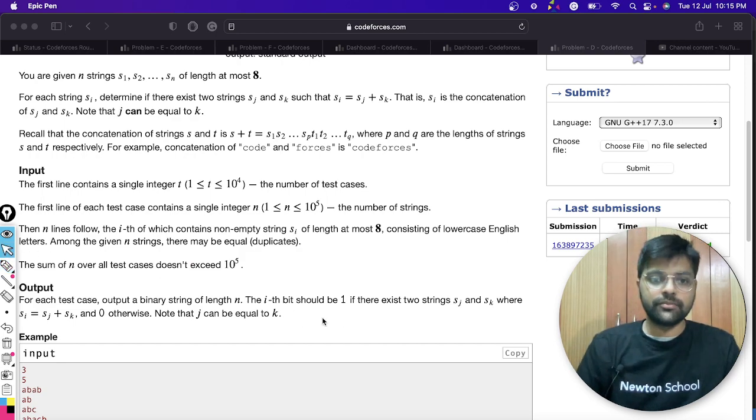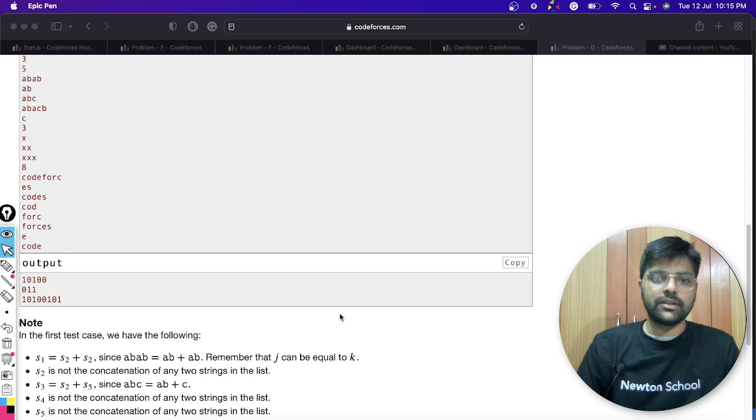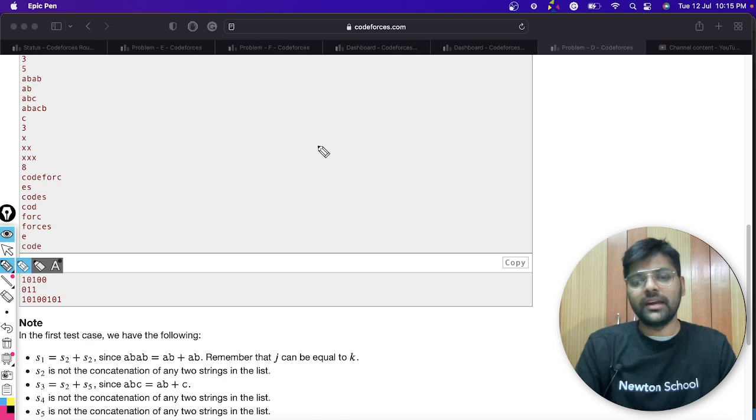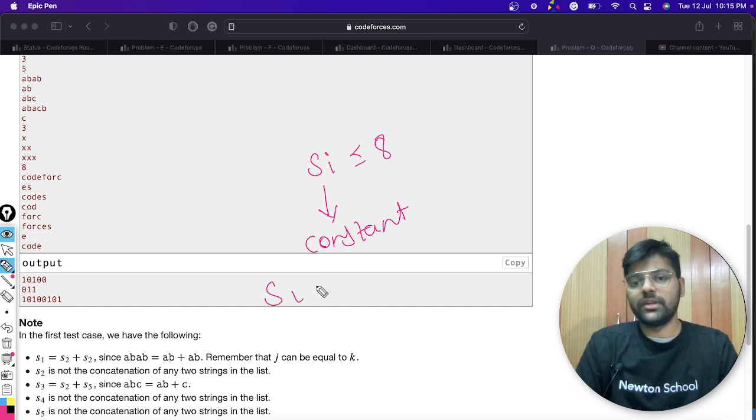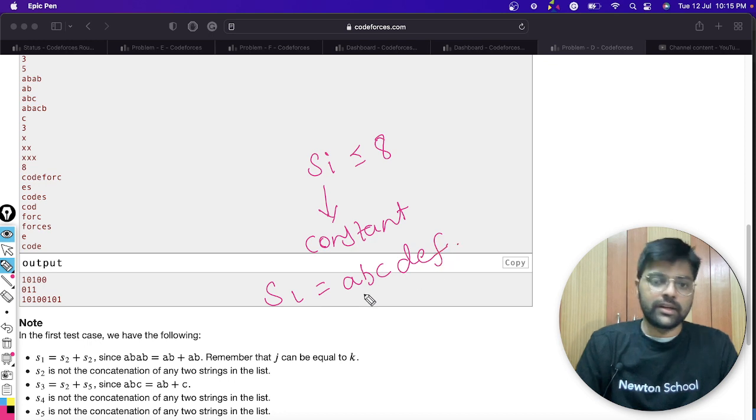Let me discuss a few other things. Since the string size is given as si less than or equal to 8, can we consider it as a constant? Let's say we have string s1 equal to abcdef. Can we consider it order one time?